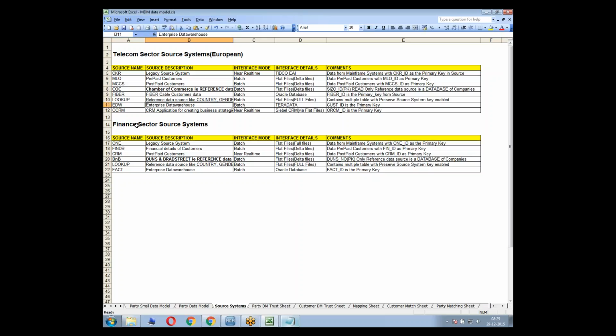Okay, and this is a US-style company. In the US, this is Dun & Bradstreet. That's the reference source system, and this is called the Chamber of Commerce. I will talk about this later, but just remember that this is a reference source